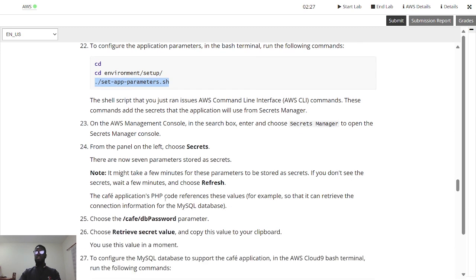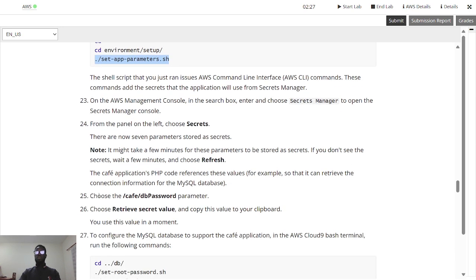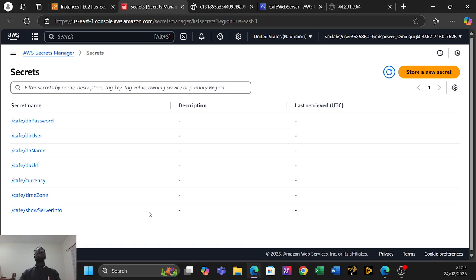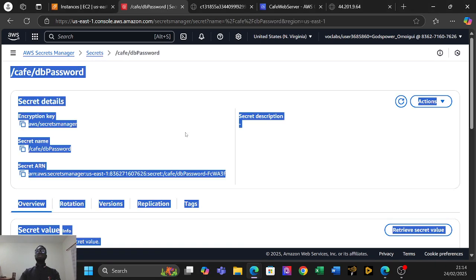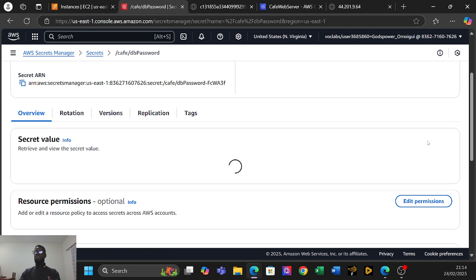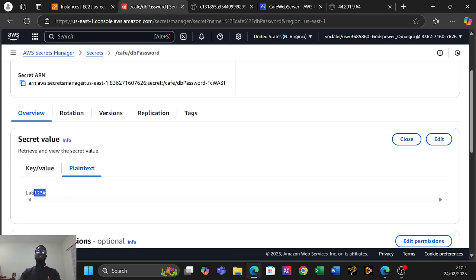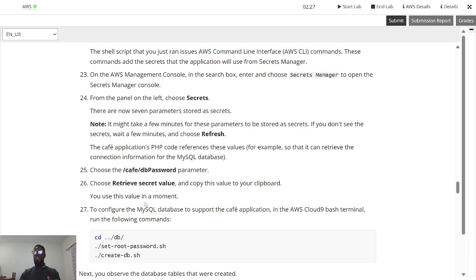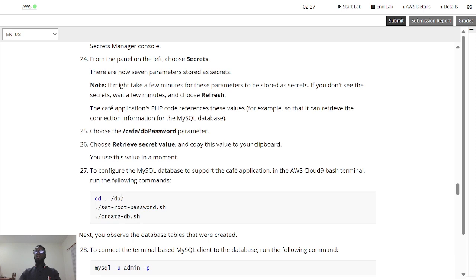So what next? Now it says we should go retrieve the DB password and see what it is. So DB password, secret value, retrieve secret value. This is the secret value that is stored in DB password. Okay, it says we will use this value in a moment. So now it says we should configure